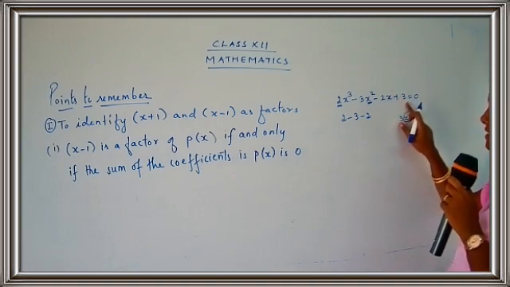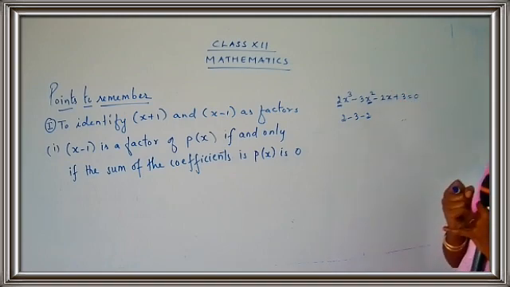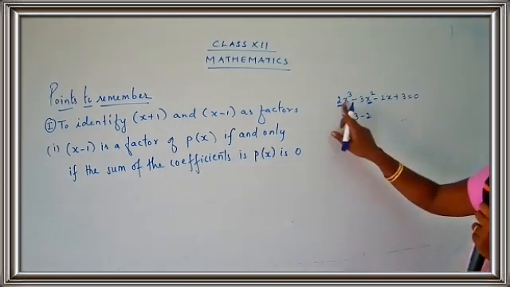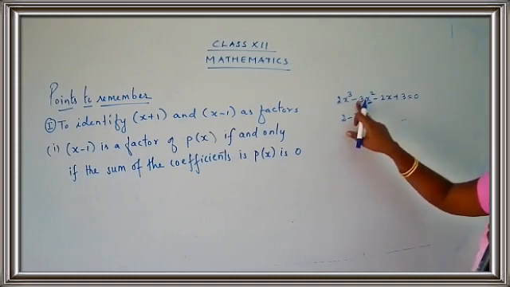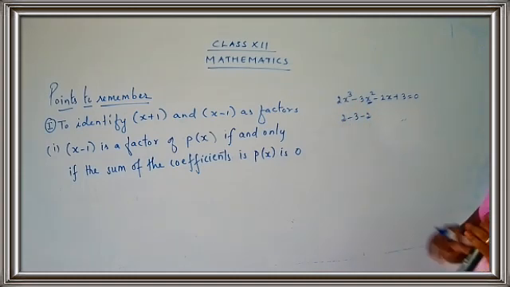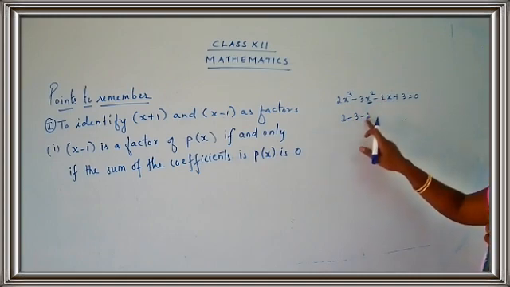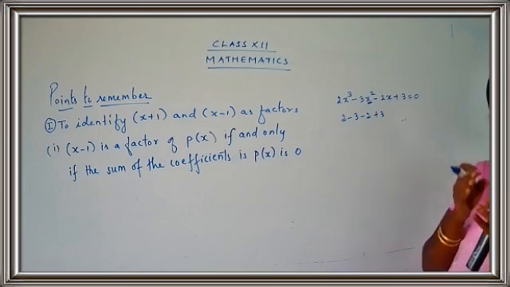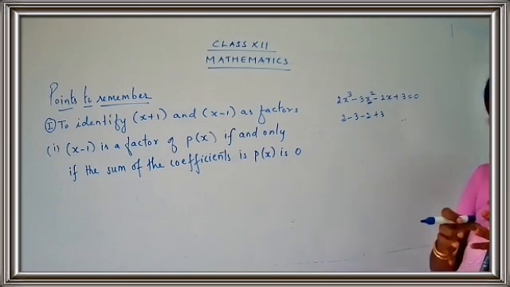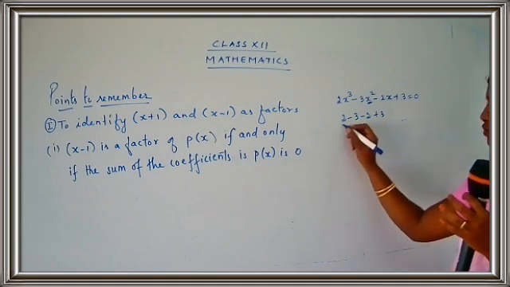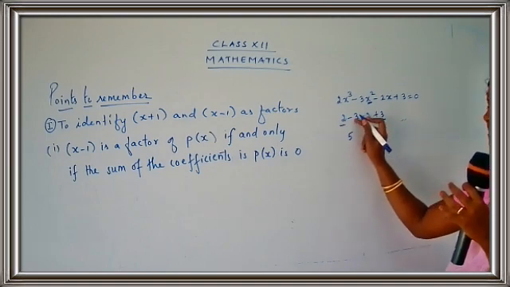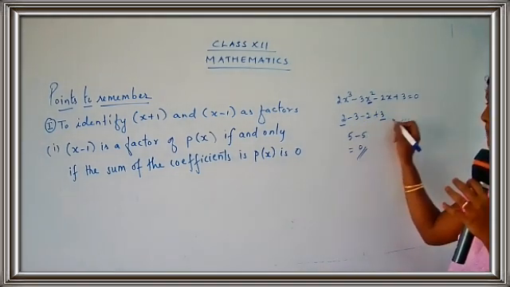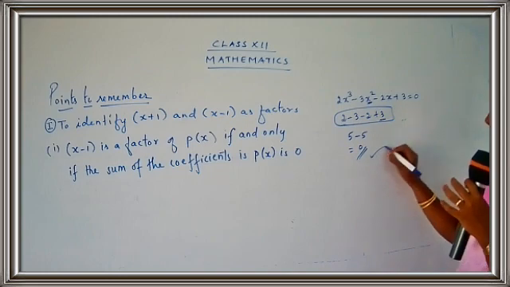And now what is the condition saying? If you add all the sum of the coefficients, I take all the coefficients, 2 here, and when you take the coefficients, do not forget to take the sign. 2 minus 3 minus 2 plus 3. Okay, let me find out the answer. You can just go with the addition of the positive numbers, and then you can take the negative numbers addition. So 2 plus 3 gives 5, minus 3 minus 2 gives minus 5. So this is 0. So when I take the sum of all the coefficients, I get the answer as 0.